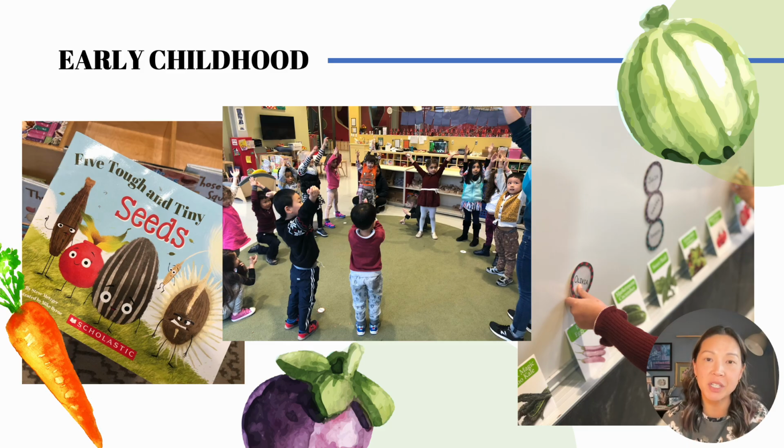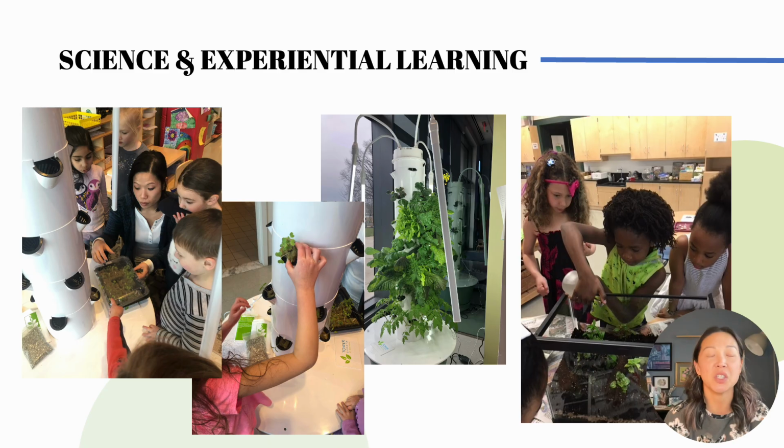Here's an example of a preschool class learning about seeds using movement to reenact the life cycle and learning to graph while voting on which seeds they wanted their class to grow. Students of all ages can learn about food systems, where their food comes from, and how it gets on their plates. Those same preschoolers watch their seeds grow into leafy greens and herbs that were later used when they cooked a recipe. Nearly all of the students tasted the greens and herbs too, something they would have likely not done had they not been part of the growing process.